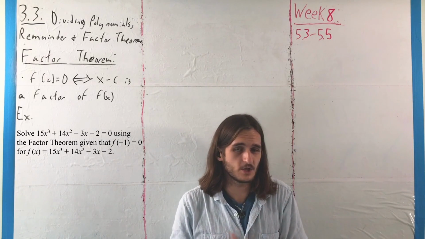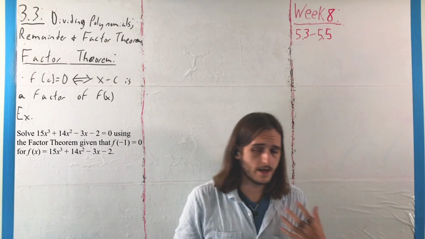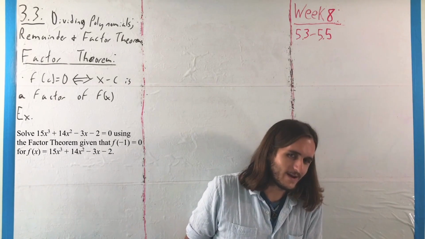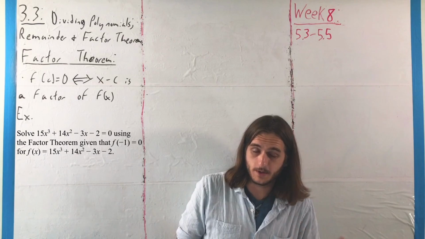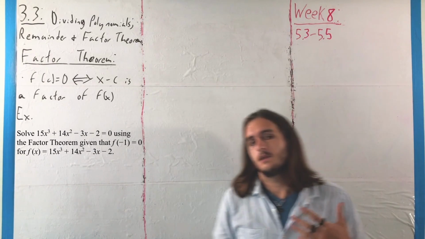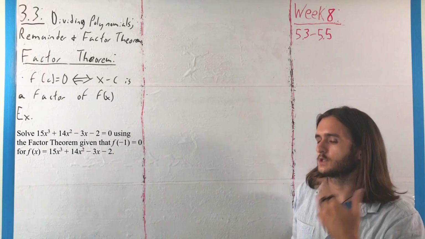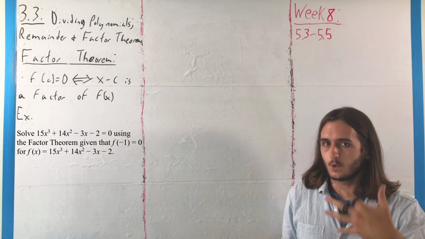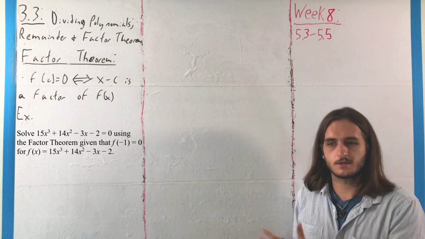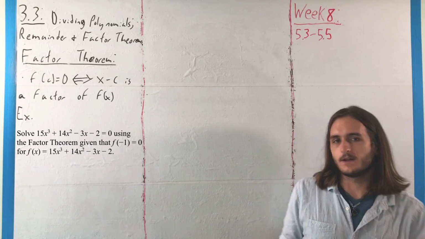But knowing that it's a factor doesn't really help us. Knowing that x plus 1 factors out, it's good, but we don't know how it factors off the top of our head. It takes a little bit more to do that. So what we're going to do is use synthetic division to get the factored form that we should expect here, and then solve from there. We're going to have a quadratic, and we know how to solve quadratics. You can use the cubic formula, but generally you don't, because cubics are not fun to deal with in that